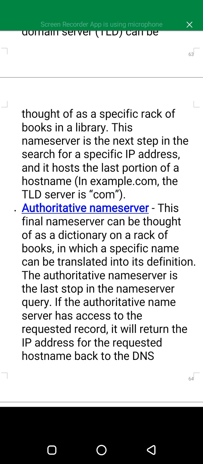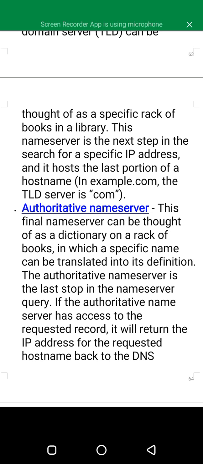Authoritative name server. This final name server can be thought of as a dictionary on a rack of books, in which a specific name can be translated into its definition. The authoritative name server is the last stop in the name server query.